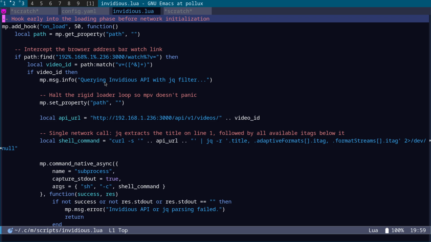So the way that the streams work with Invidious is they have what's called an MPD file, and that is a text file that actually contains a list of the different streams and their resolutions, from like 4K down to 1080, 720, etc. So what I did was I did some digging around and actually found the location of the MPD file. And what I did was actually get Gemini to create this Lua script that will actually take